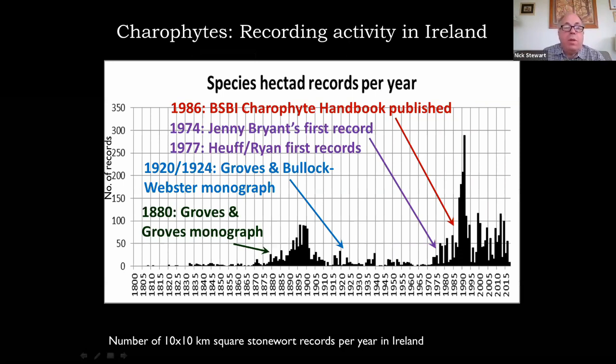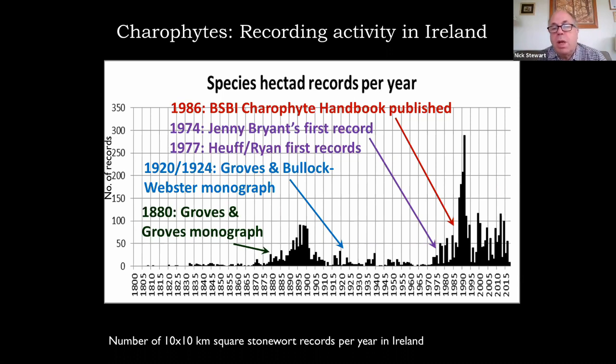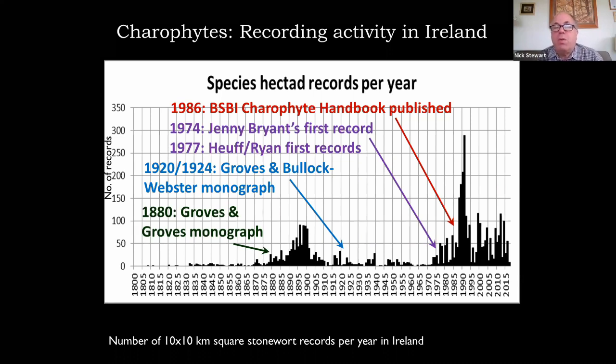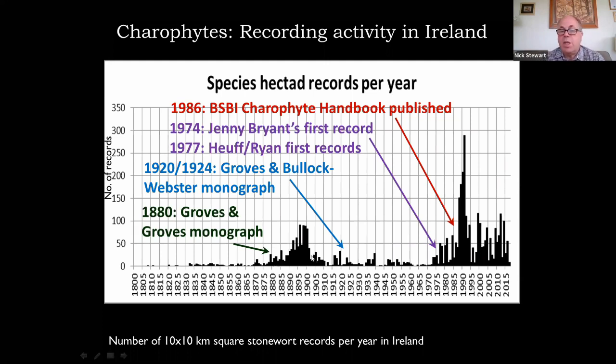So I was just introducing a few slides to show that there has been at times quite a lot of interest in recording stoneworts. This is the pattern for Ireland, but it's actually quite similar for Britain too, and actually not too dissimilar from some of the flowering plants too, in that there was a very peak in interest around about the last 2 decades of the 19th century,